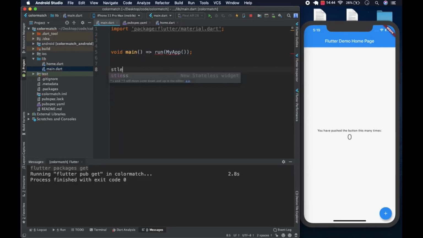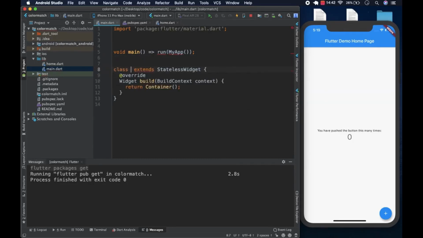And we create another stateless widget. We call this MyApp. This is supposed to be runApp, by the way, not Ryan app. And here we return a material app. We return a material app, and